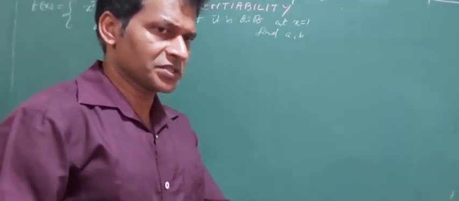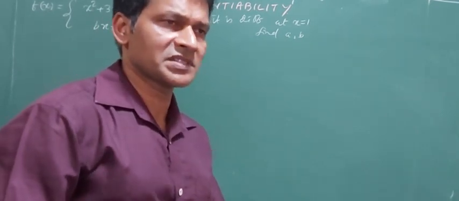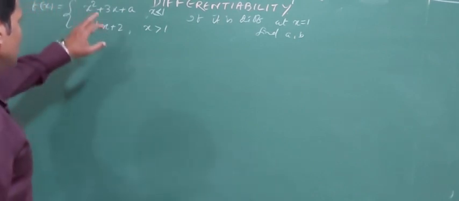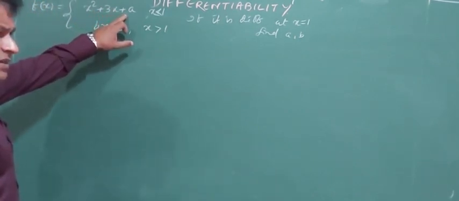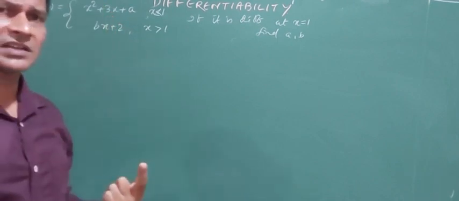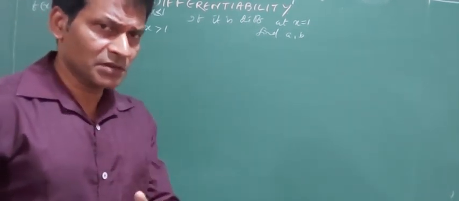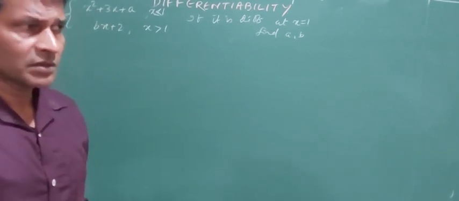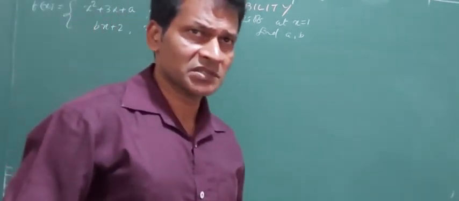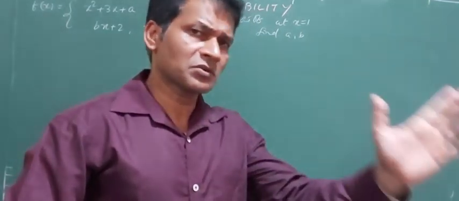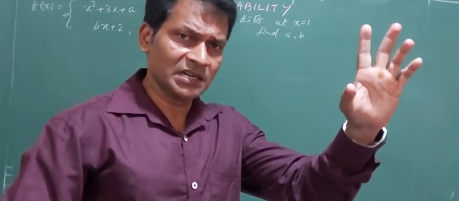Practically, when the question is given to us on differentiability, suppose I solve directly for differentiability at the point 1. I will get a left hand condition and a right hand condition. If I equate them, I get only one equation related to a and b. Then I cannot get the values of a and b. So, as the functions which are differentiable are continuous, first I will go back to continuity. From there I will get a condition.